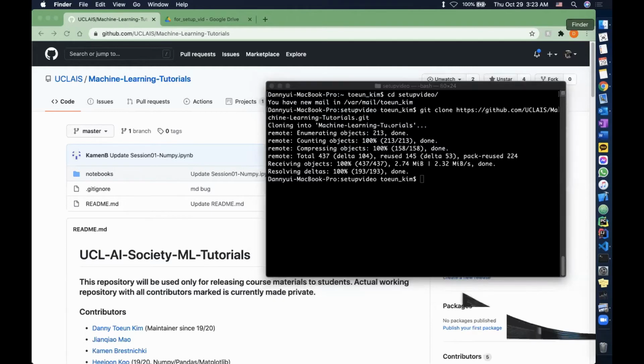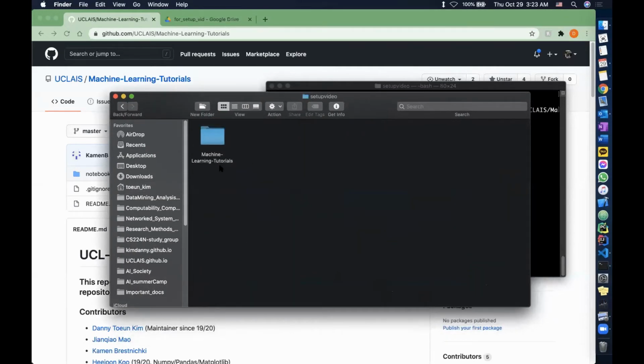Let's open up the Finder and go to setup video. You'll see the machine learning tutorials is copied, cloned on your working directory. Here you'll see all the files right here. And to run these IPYNB files, you need to install Jupyter Notebook. And previously you saw how to run it by Anaconda, but this time let's try to make our own virtual